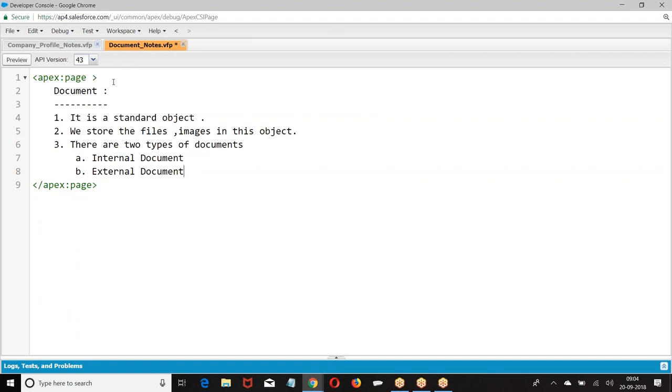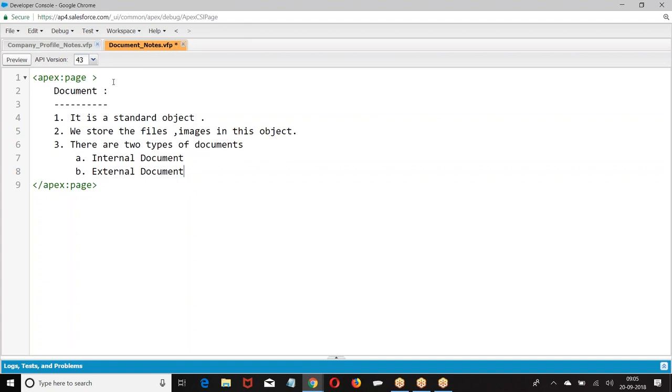No, it is not visible. I need to manually open the file and see what the content is. So it is called internal document. When I say document as internal, the content of the file is not visible directly.